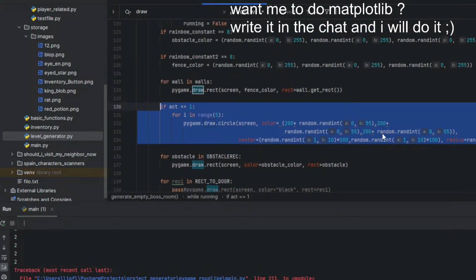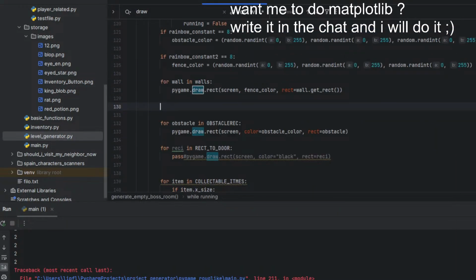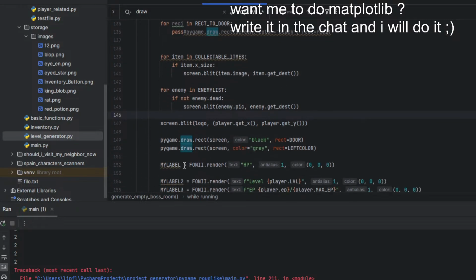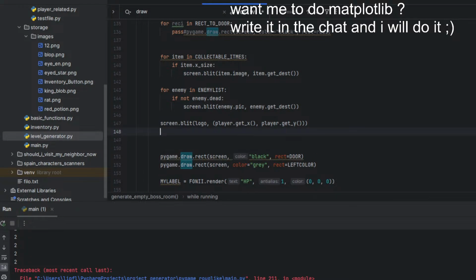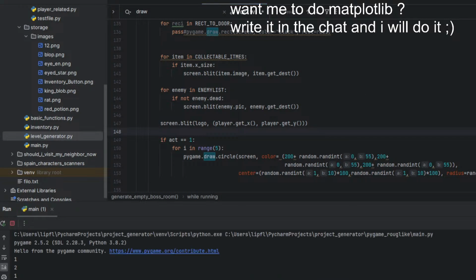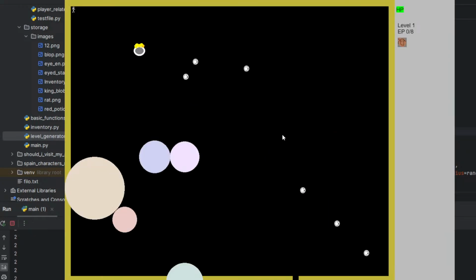Okay, so I want to draw this after the item, enemy screen lit. Here's the logo. So again, here we go.